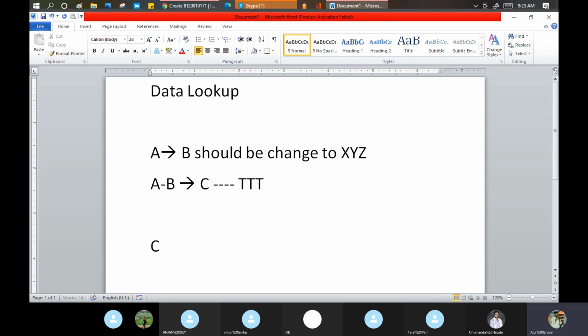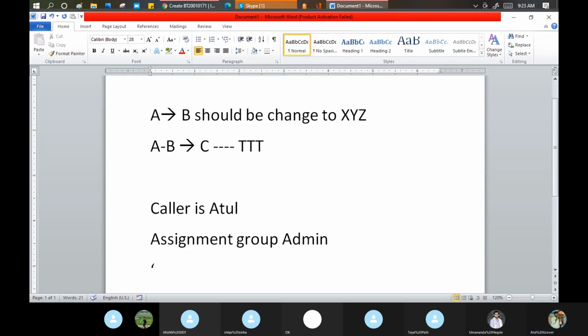If caller is Atul, then assignment group should be... Why are these things required and where are they used?